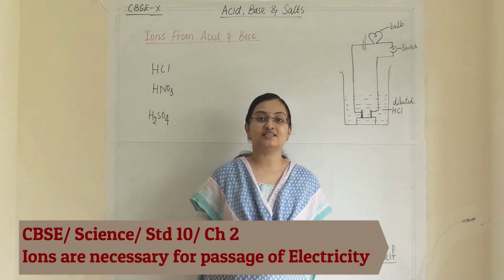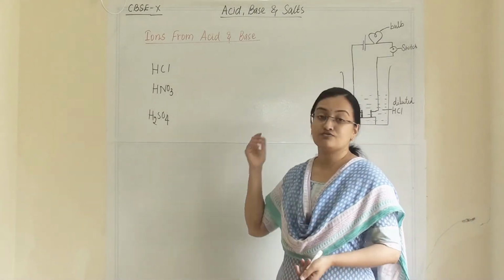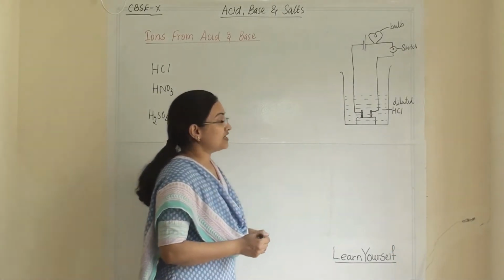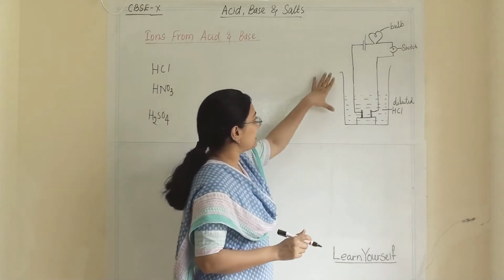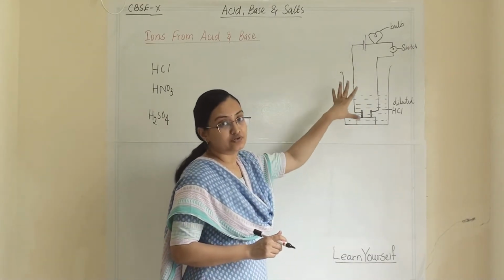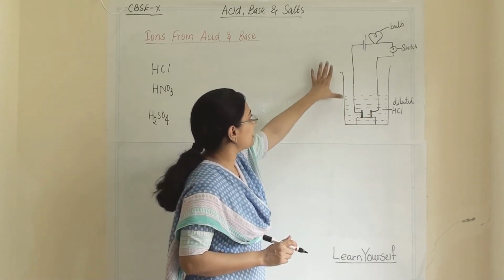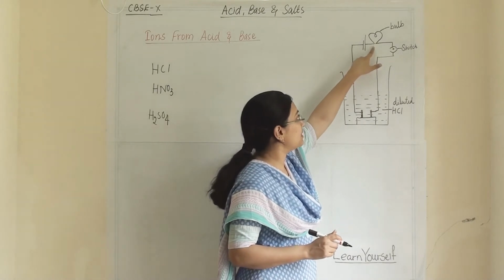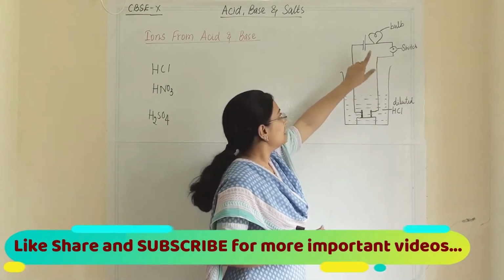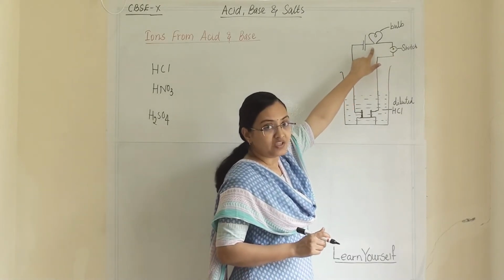Dissociation of acid and base. In other terms, we can also say the ions from acid and base. So in this, we are conducting one experiment in which we have taken one beaker. Into that we have arranged one electrolytic cell. These two are nails which are connected with the wires through a battery and bulb and switch. So when the current will pass through this, the bulb will glow. When we are switching it on, the bulb will glow.